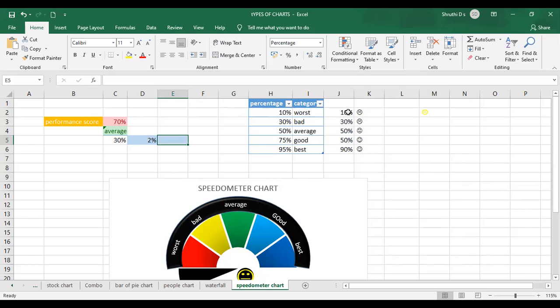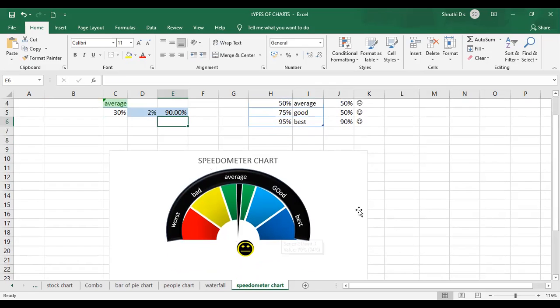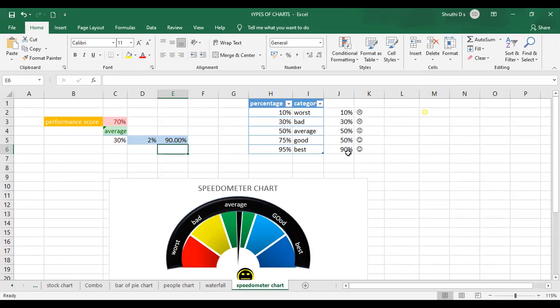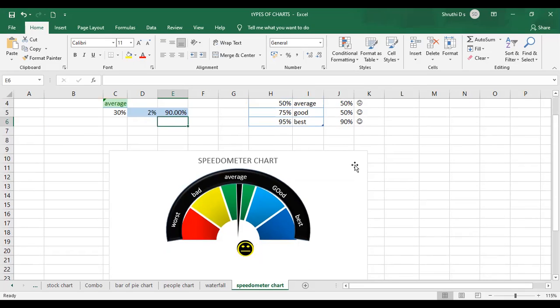Now the smiley which is represented at the bottom, how will it change? I've written the formula here. If I give 90% and press enter, it has given the value here. Maybe the smiley is not changing.